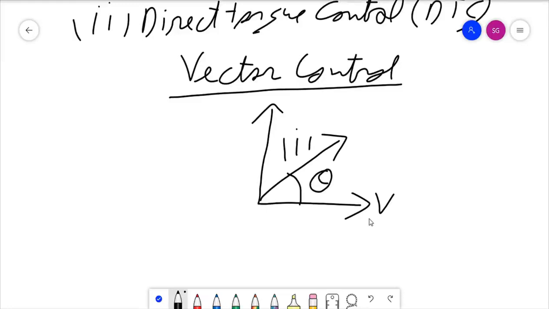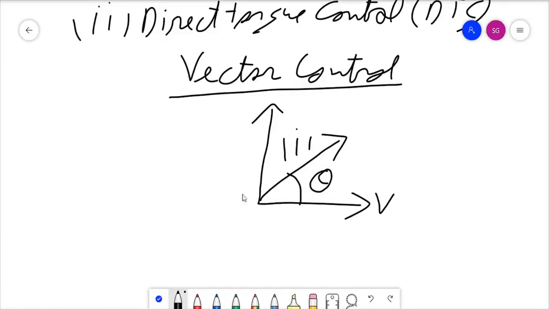That is the same way these are imagined to be a space vector. So here this voltage vector leads this current vector. If we control this voltage and this current vector, then we can control the power through